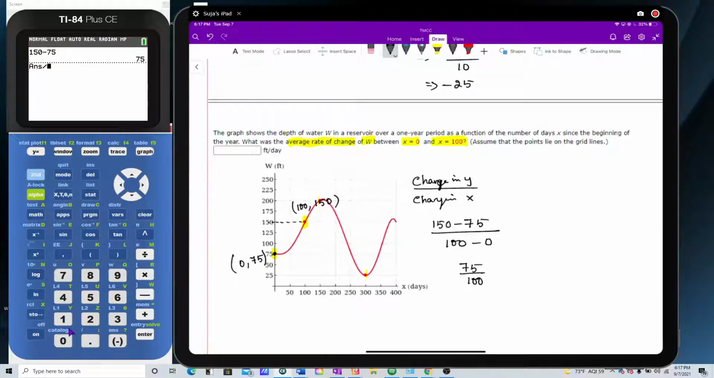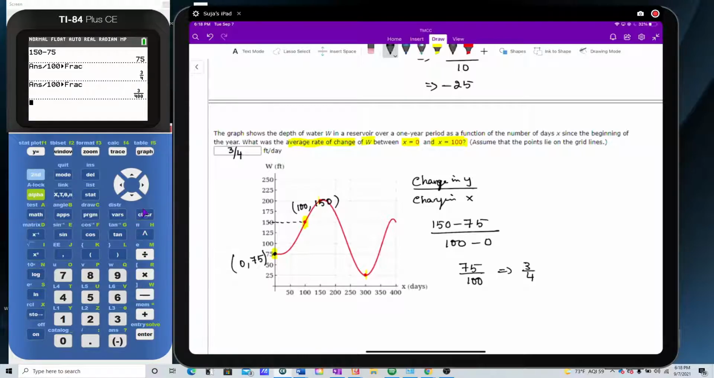And I can keep it as a fraction if I want to use the fraction feature in my calculator. All I have to do is hit math, enter again, and I get my answer as 3/4. Okay, so the average rate of change between 0 and 100 is 3/4 feet per day. Or if I want to write it as a decimal, it's 3 divided by 4, which will be 0.75 feet per